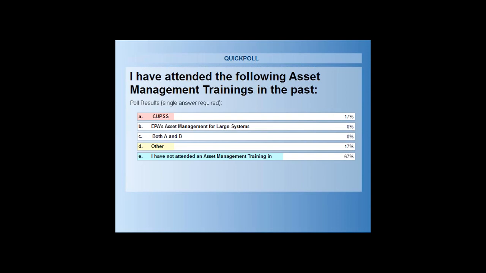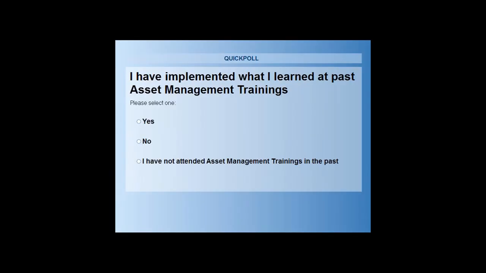All right, I think we have another poll question that talks about implementing asset management in your facility. This question is to get at, have you actually had the opportunity to implement asset management practices, based on your trainings or anything else? Have you had a chance to actually put any of it in practice?